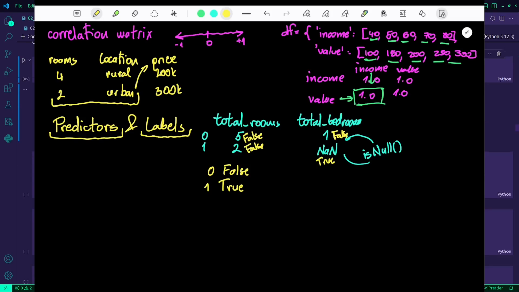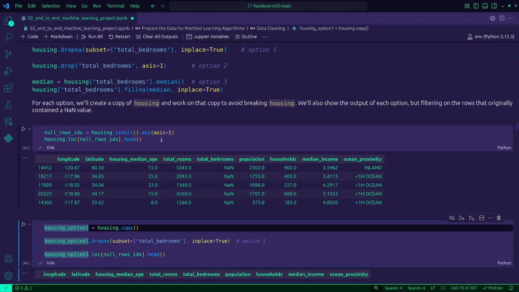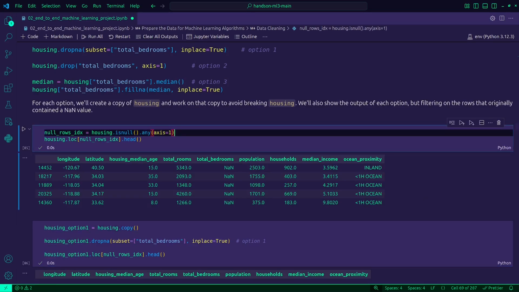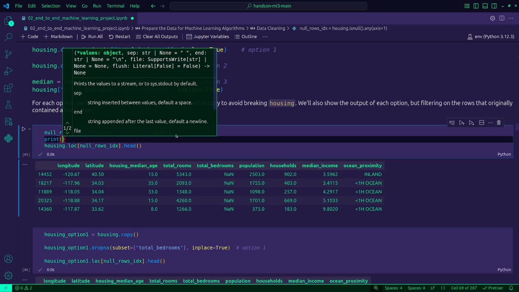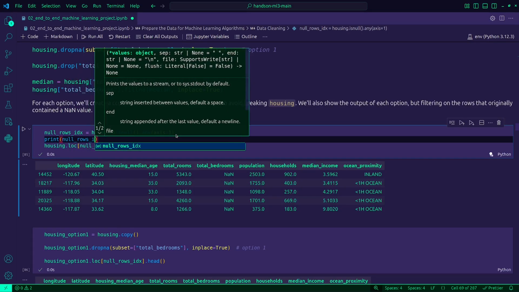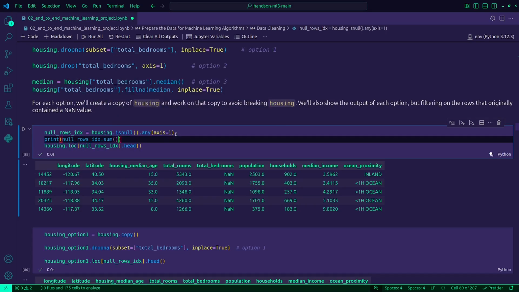Let's continue. So these are just the options. I think we already passed these. We have housing option 1. I forgot that my tablet was on. What I was basically doing before I messed up, I wanted to check, for example, how many rows have missing values, like rows idx sum.